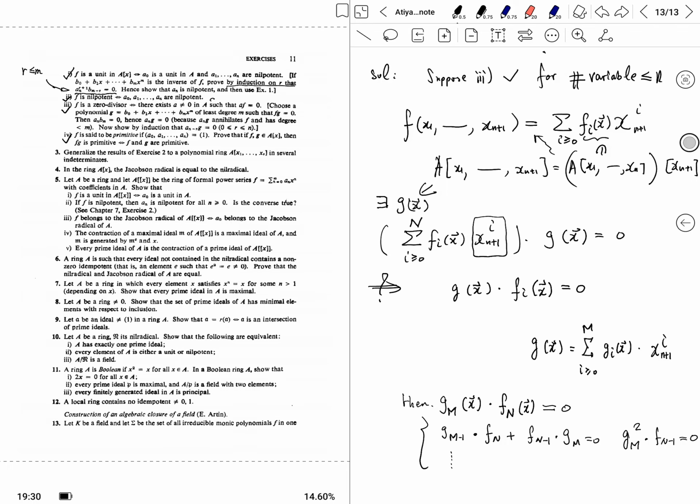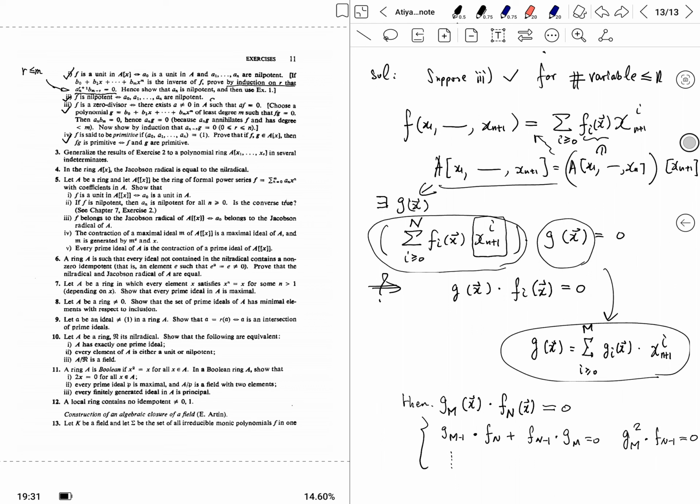So let's just write down this g(x) in the general form, and it looks more precise. Although I will remark this is not really necessary, if we express our g(x) in the form of one variable x_{n+1}, and if there exists some g(x) in the same ring such that g times f equals 0, then suppose it is a form also in one variable, then this g times f equals 0 implies,